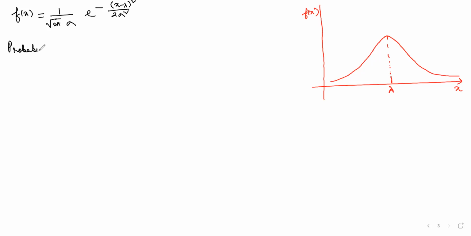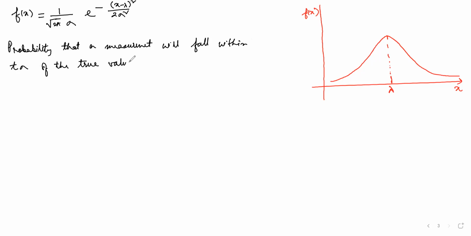Probability that a measurement will fall within t times sigma, where t is some positive number, some factor of sigma, of the true value or the best value. I call the true value or the best value lambda. It is given by the mean value. So the probability that a measurement will fall within t sigma of the true value lambda is given by